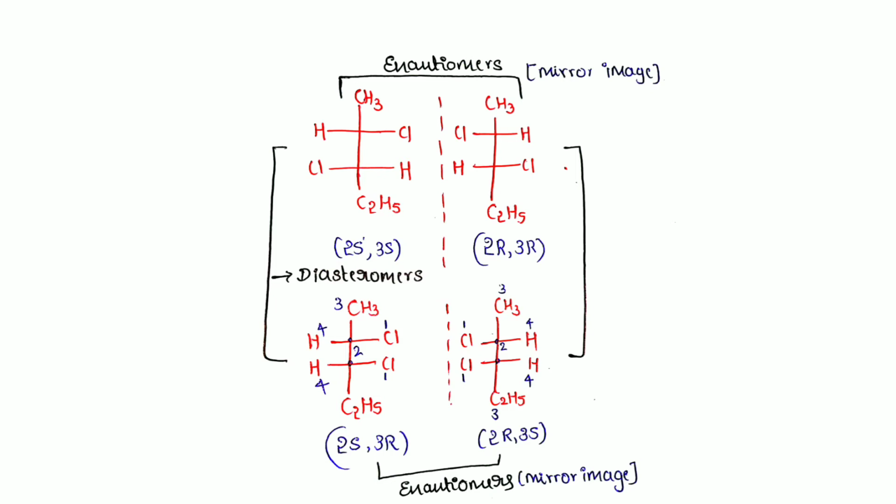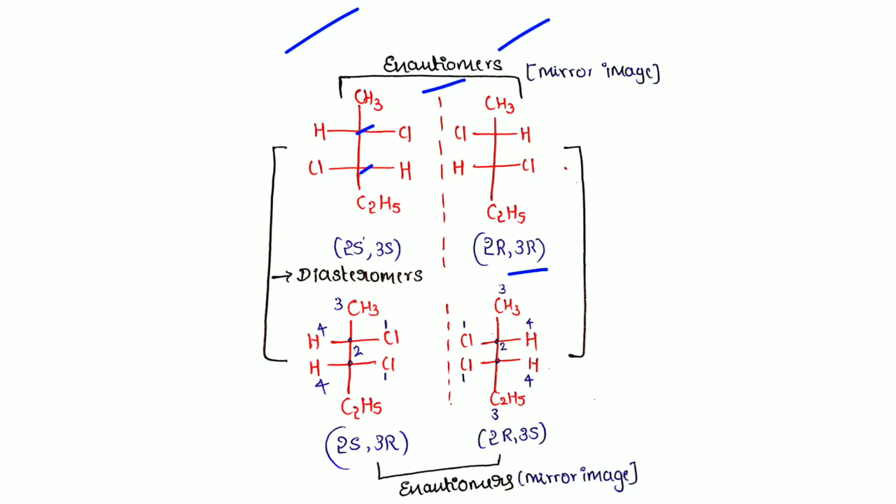Then let us see the example. In this case, we have seen that the arrangement of the groups is different. So we can represent it by erythro-threo nomenclature, or by R and S configuration. If in this case I use R and S configuration, we find 2S and 3S. It's a mirror image of 2R and 3R. Okay, this is called enantiomers.